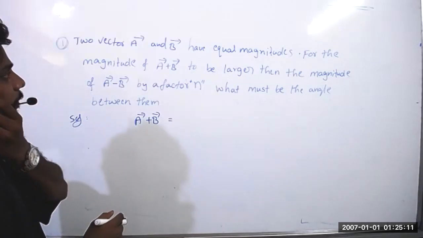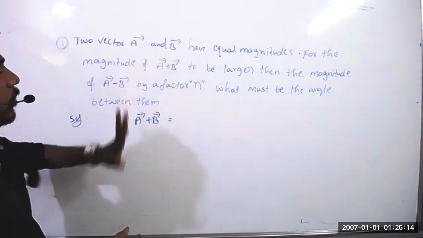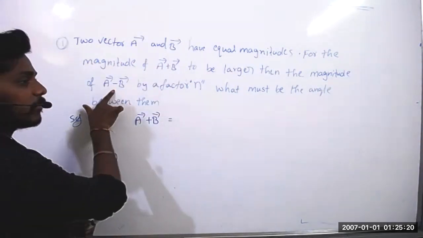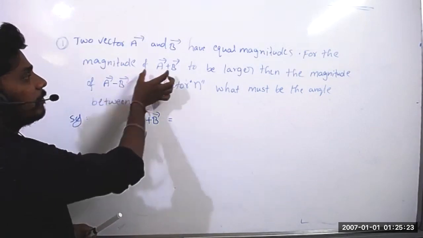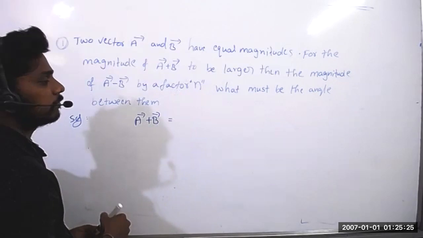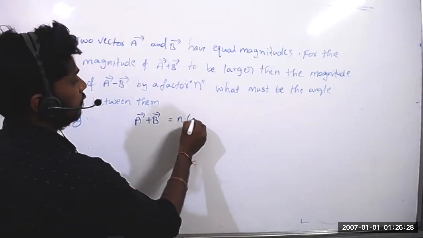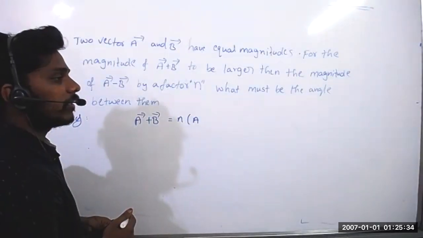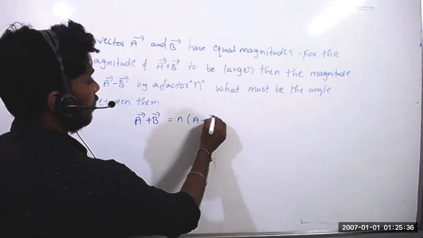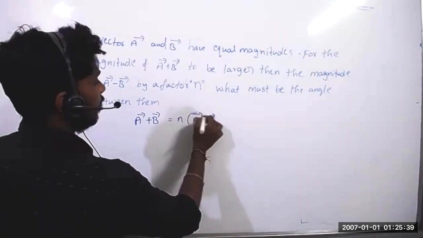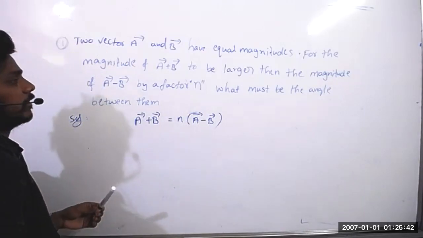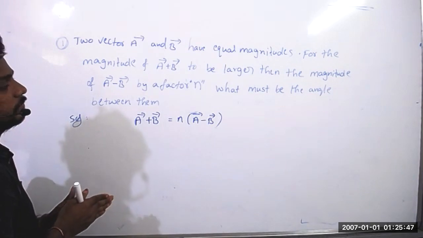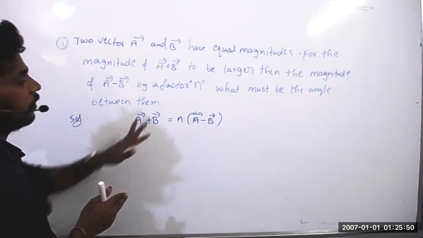Nicely. Wait, come on. Two vectors, they are equal in magnitude, that we know. The magnitude of this is to be larger than this, right? Yes, sir. How many times? Is that multiplication or addition? How can you say addition? Times, n times. Okay. So by a factor of n. I thought it is addition. Understand now. Okay, sir. By the factor, sir. I didn't do like this. I did it like A bar plus B bar minus A bar minus B bar is equal to n. No, sir, this is the correct one.